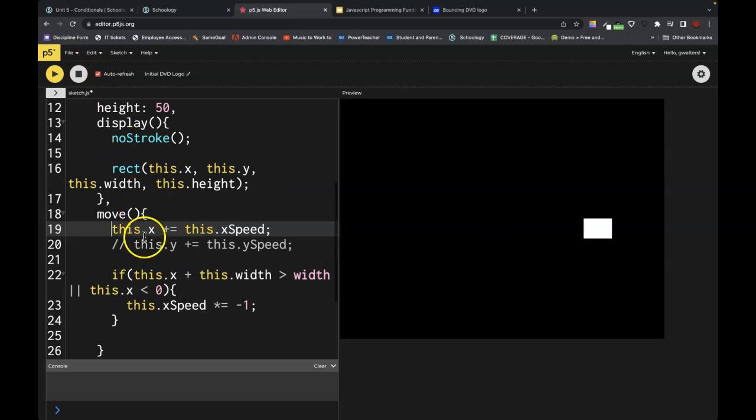The piece that you guys are going to do, because this is not a walkthrough, this is a walkthrough challenge. I walk through how to do the X, switching directions. I want you guys now to uncomment out the Y speed and have it switch directions for the Ys. So when it gets down to the bottom, you are checking that value against the canvas, and then it's switching directions. And when it gets to the top, it's switching directions. Okay, that's what I want you guys to do for this walkthrough challenge,